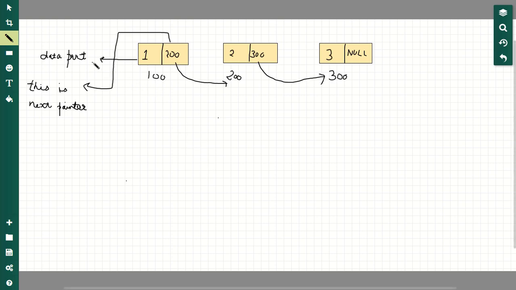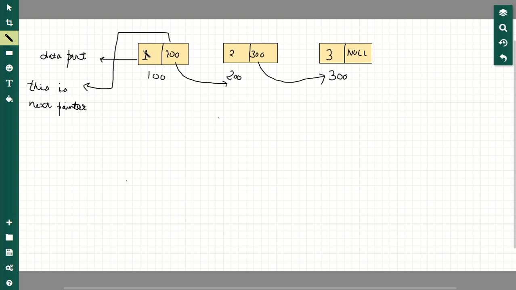Hello everyone, my name is Lakshay and today we will be studying how to insert a new node at the front of a linked list. At first I will tell you all about the concept of inserting a new node at the front of a linked list. Then we will move to the coding part.